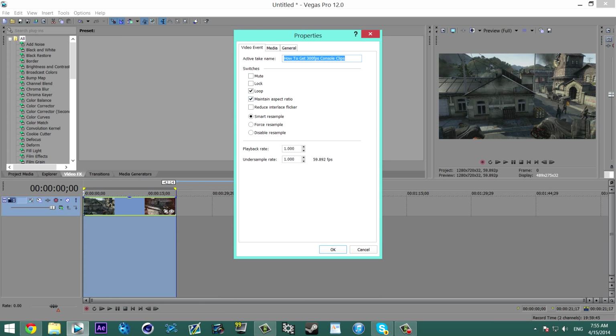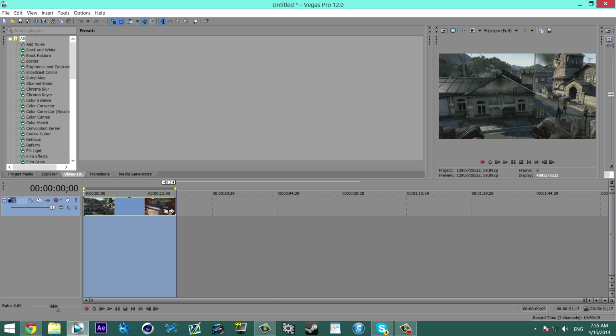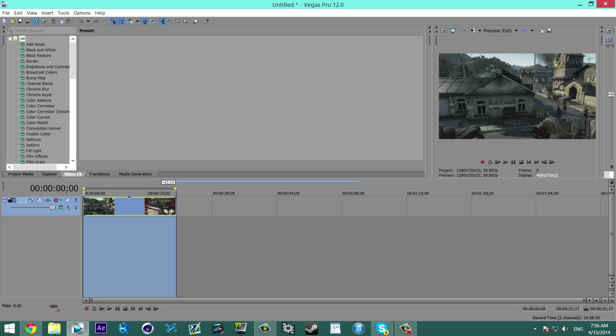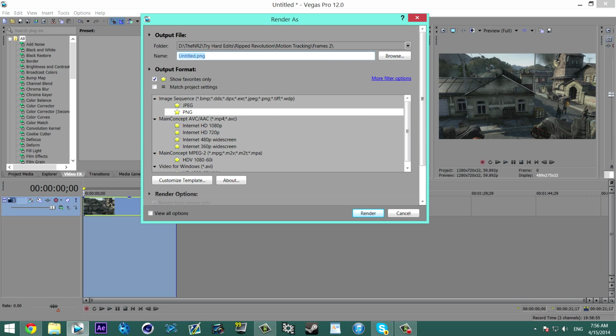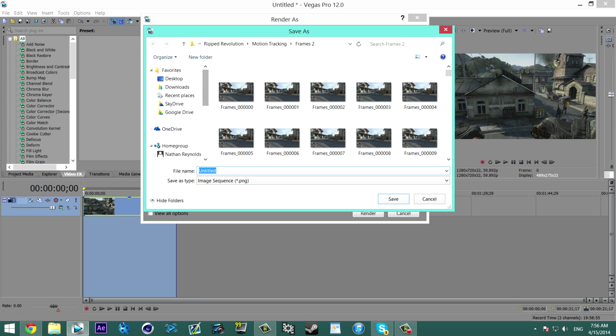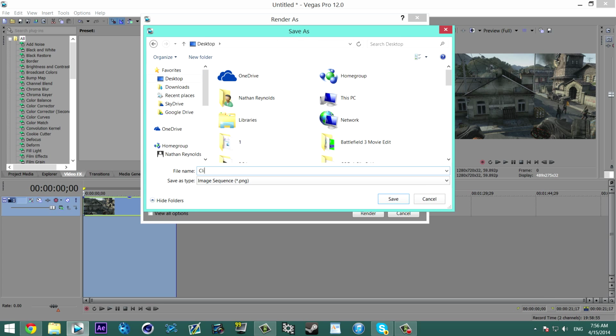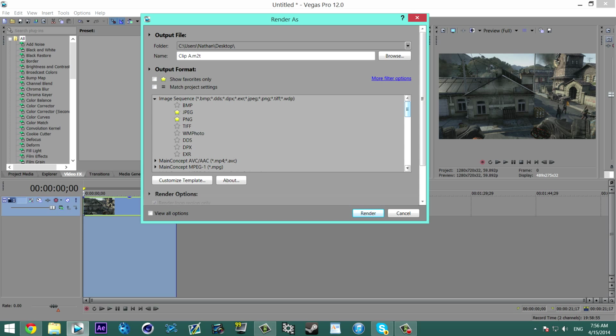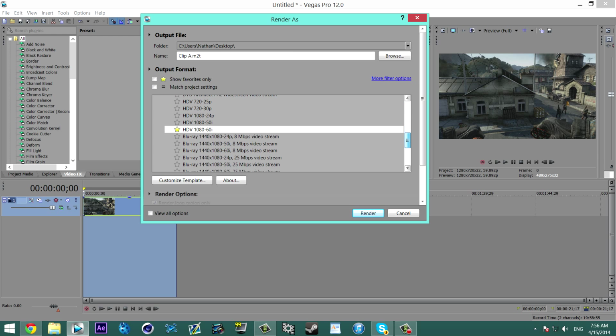Go to properties and make sure maintain aspect ratio is checked, and smart resample. Frame rate's 59.892. That doesn't really matter, because I used an Elgato and you don't exactly get 59.94, but that's fine. Then you want to go render. I'm just going to render mine to the desktop again. I'm just going to call it clip A. But what you want to do is go on to this now. I've got mine as show favorites only, but you get to that by going on to